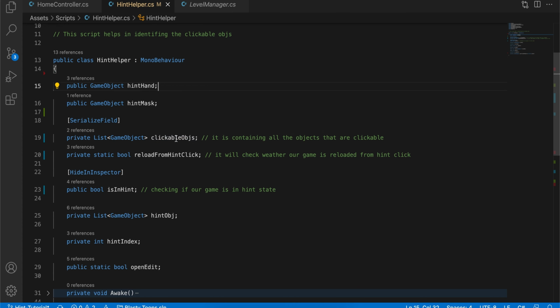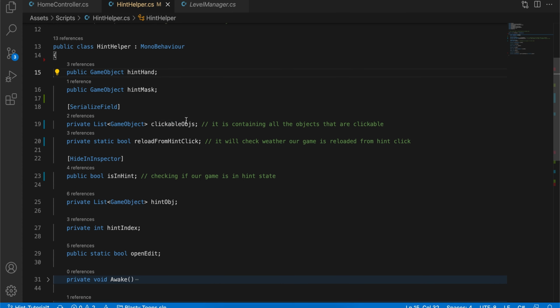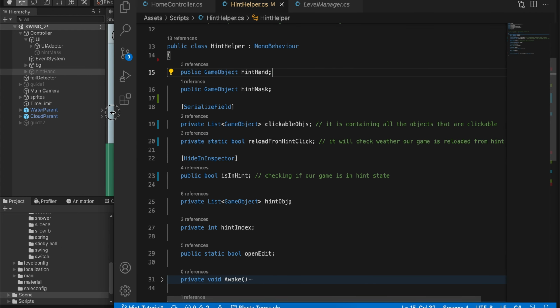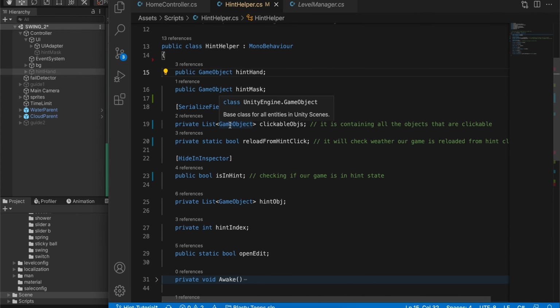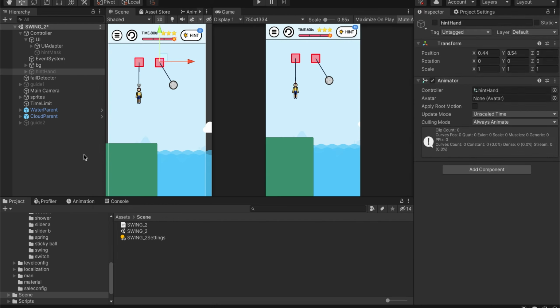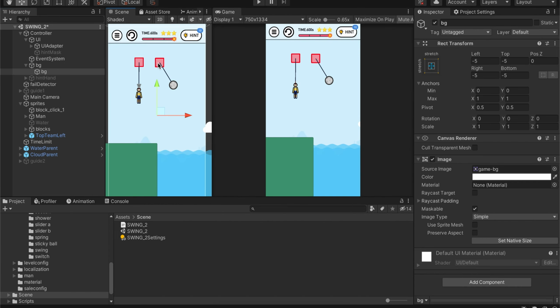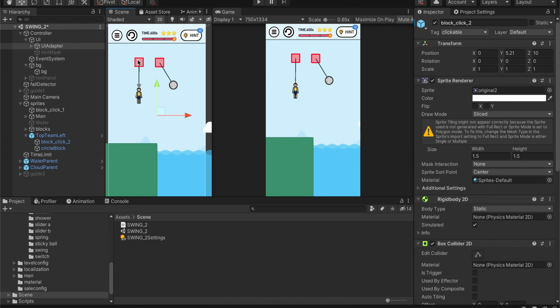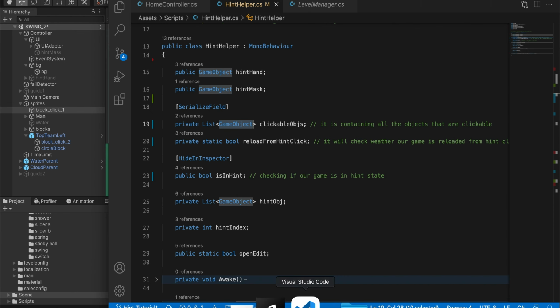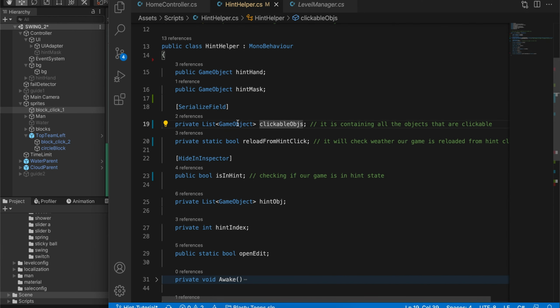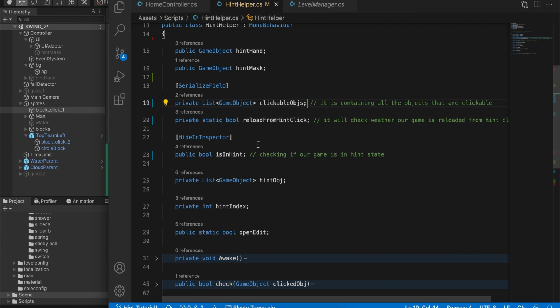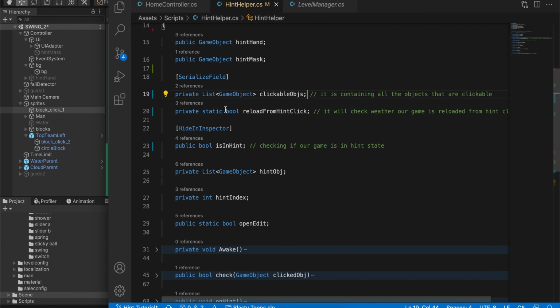Then we have a list of GameObject called clickableObjects. What this does is it takes reference of all the objects that are clickable. Inside this scene, as you can see, we have this block here which is clickable, and this block here clickable. These two blocks are clickable and the rest of the UI is not clickable. So we are storing the reference of all the clickable objects in this list of GameObject. And then we have a private static bool called